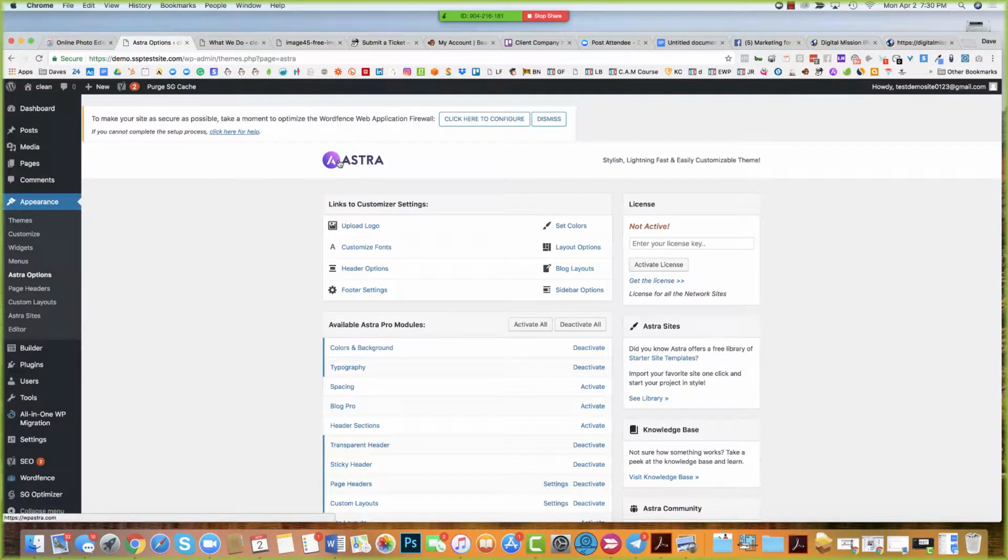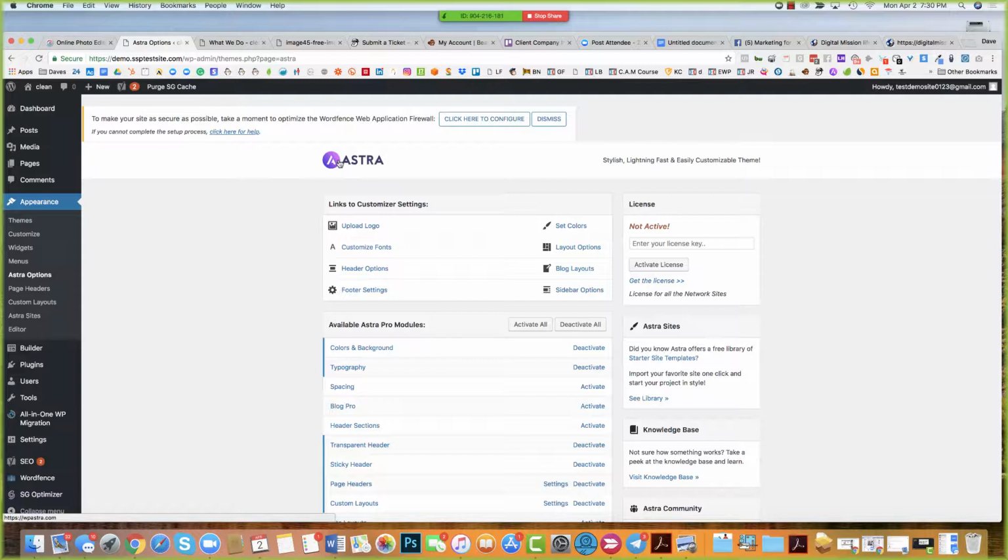Okay. The theme that we're using is Astra, and I've used probably 7 or 8 of the top themes, and all the big monster themes that they've got out there, and this is by far the best. And it's the best for a couple of reasons. It's super fast, and with this new era of drag and drop builders, particularly with Beaver Builder, which is actually what we're using on our sites,